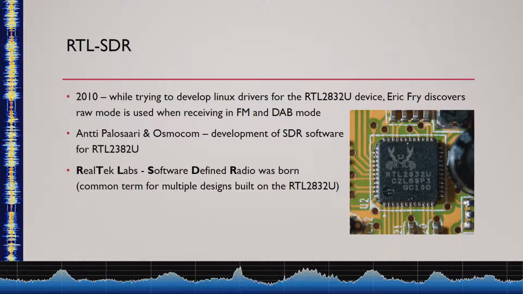And that started the development of more software that now brought us to have this small branch of SDR called RTL-SDR,